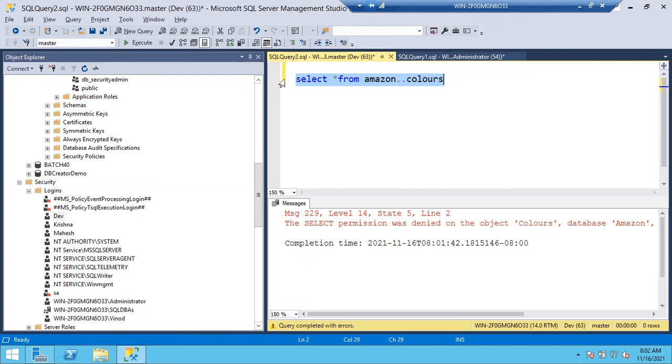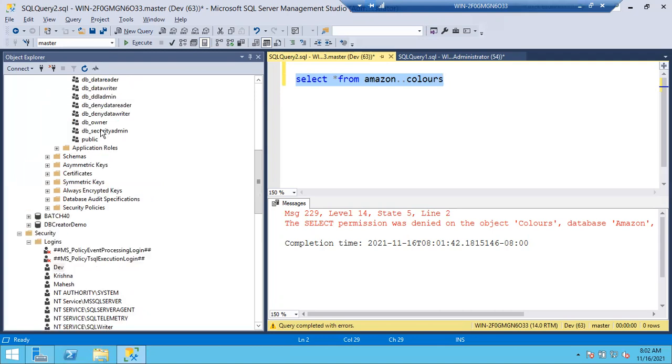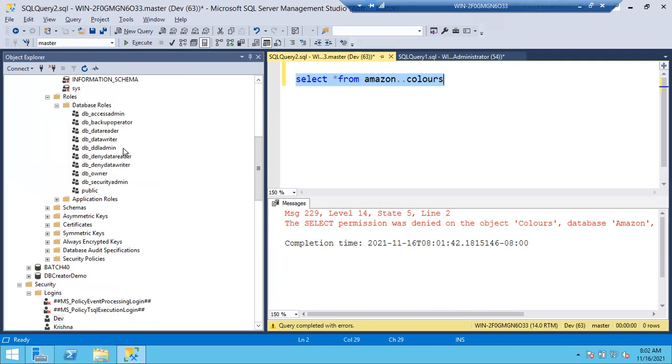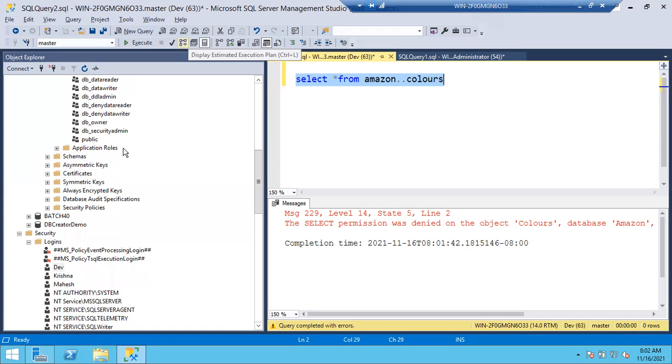Now you have to tell me. If data reader is there and deny data reader is there, only deny data reader will apply. Both permissions will be there, but only deny data reader will apply. Why? Because deny is the second highest privileged permission after sysadmin. No one can deny permission, only sysadmin can deny the deny permission. Clear, guys? After sysadmin, deny is the most powerful permission. So as per this role, he cannot read the data, even though he's a member of data reader, as deny data reader is already there.